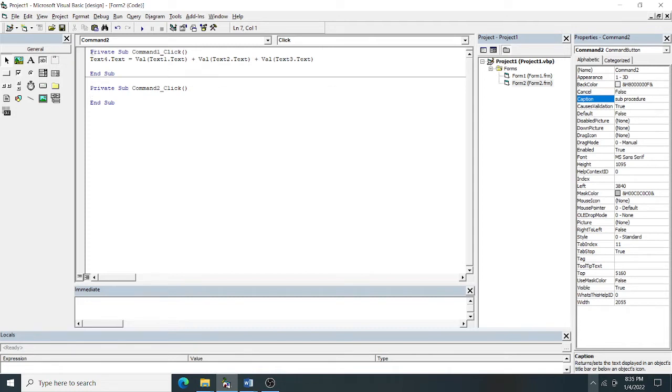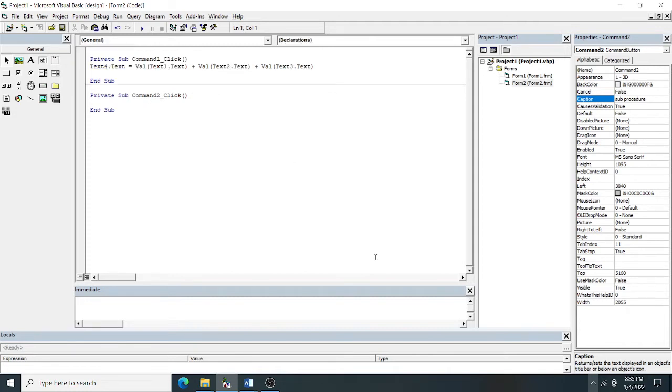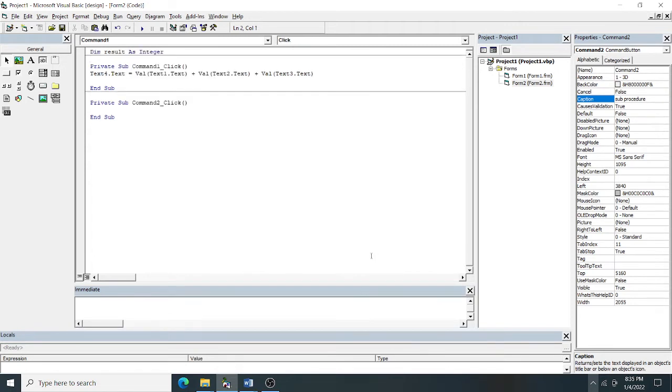Now what I will do is declare a global variable with Dim, my result, as integer. I'm declaring the global variable as integer. Inside this command 2, I will declare 3 variables: a as integer, b as integer, c as integer.